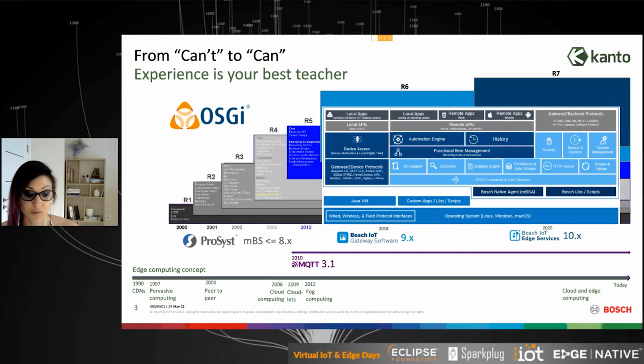Cloud and edge computing emerged as terms not really recently. As you can see, the history dates a long way back.